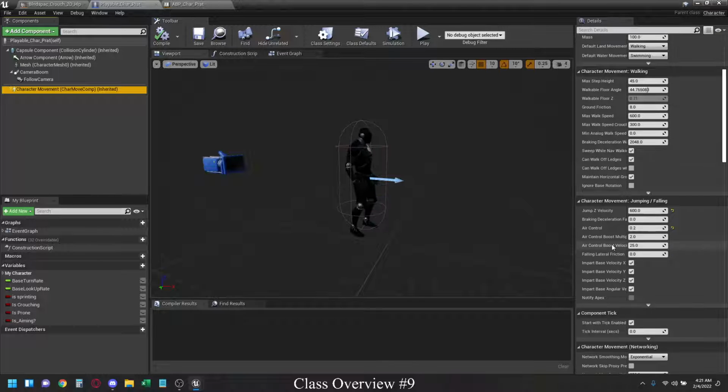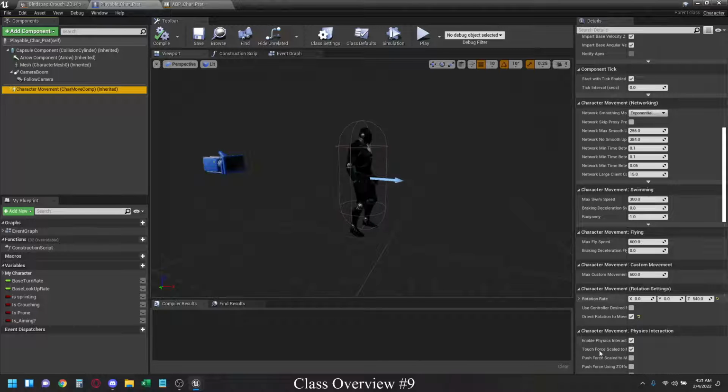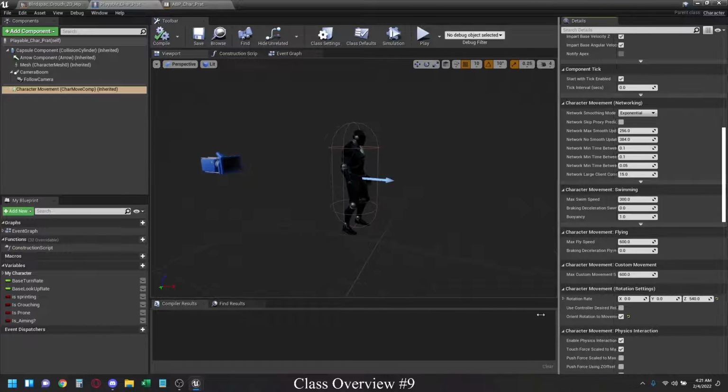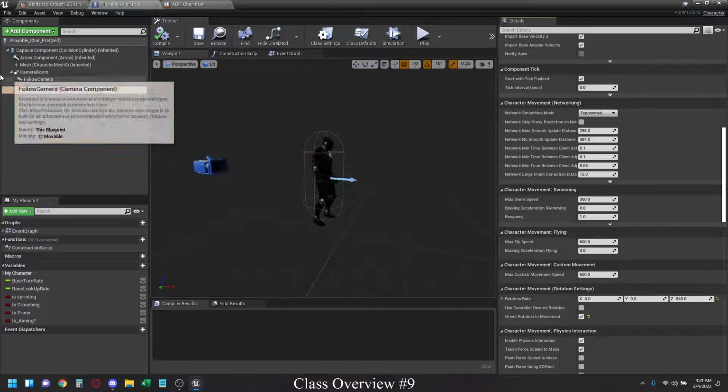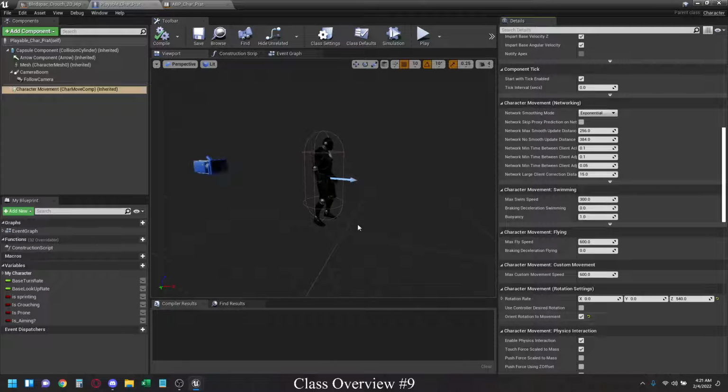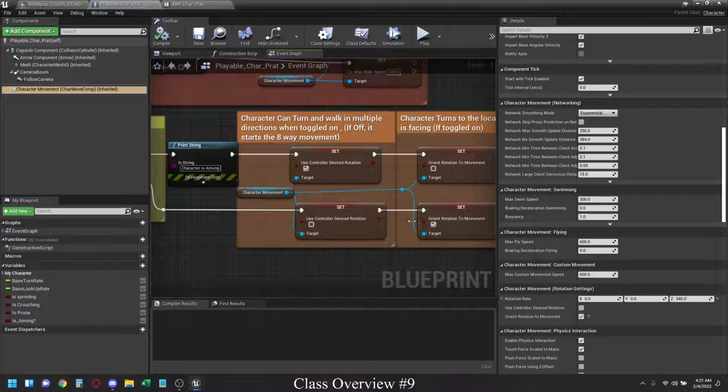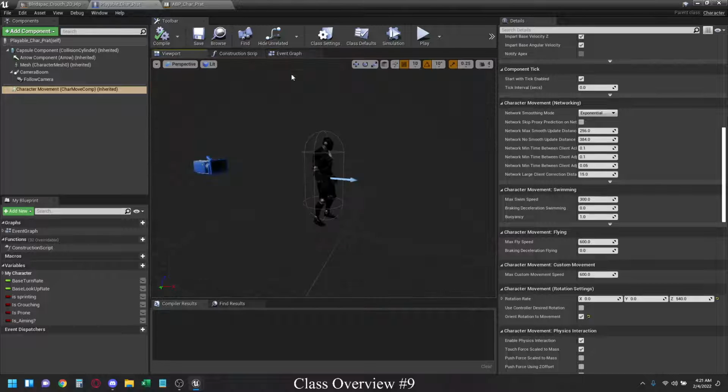Among the character movement component, there is something known as the character movement rotation setting. This dictates if our character is going to rotate based on if our mouse is moving or if our character is moving itself, etc. So the first of them is orient rotation to movement. What this orient rotation to movement does is if this is turned on,